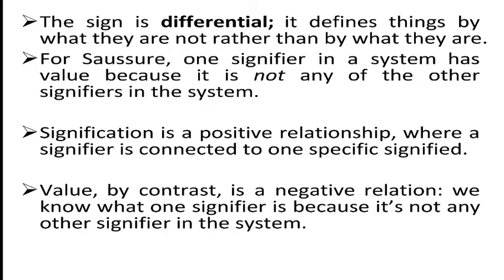The word cat has 3 letters, C, A, T. Each letter represents a sound, K, A, T, cat. All 3 are different from each other. If you replace C from cat with B, we get bat. The meaning of the word changes. The English phonetic system consists of 44 units or 44 phonemes, and each phoneme has value because of its position